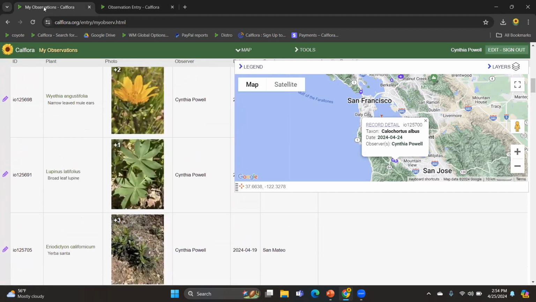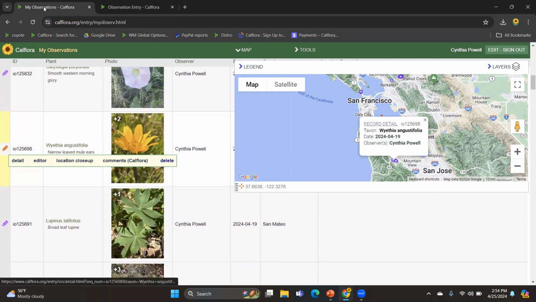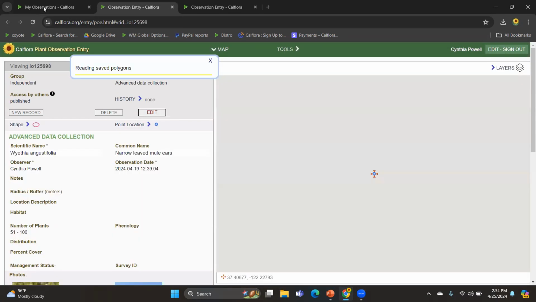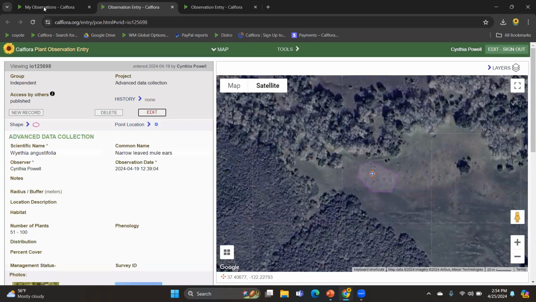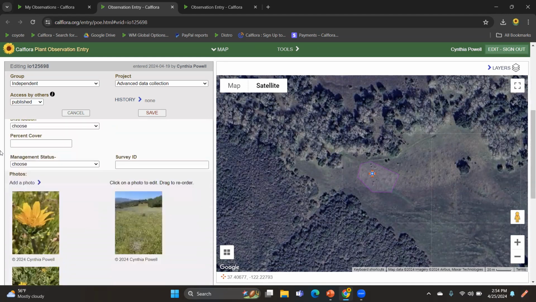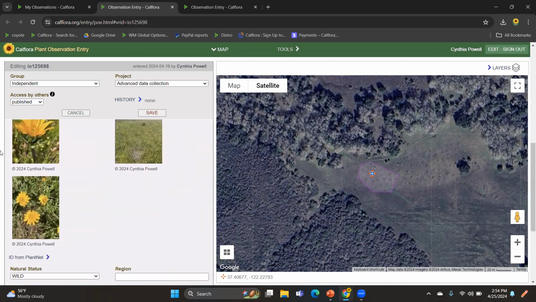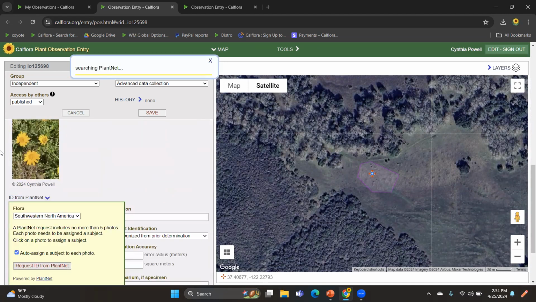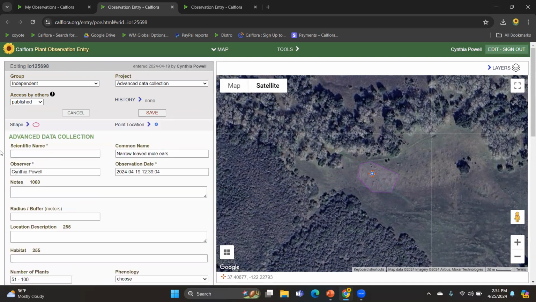Let's try this one, this other editor. And if I didn't have the scientific name listed there, let's go to request an ID and see what it suggests. And for this one, I created a polygon because there was a lot of it. Oh, it's not able to identify this plant at the current time. Alrighty then. Well,